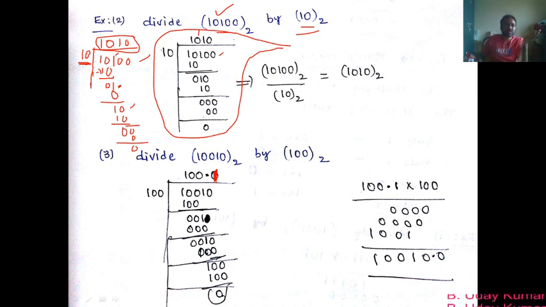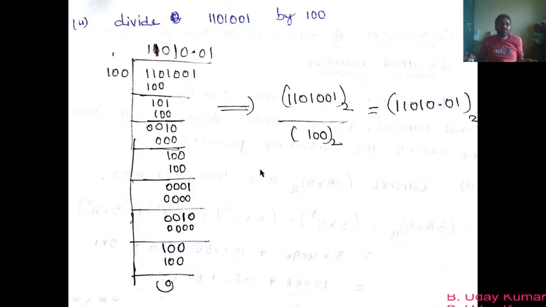I hope it is clear. So this is how we divide one binary number with the other. So this is our next example. You try to do it on your own. It's not difficult, so please check it out. It's not at all difficult. You have to do it slowly. And once you get sufficient confidence, you can do the direct steps. Otherwise, slowly try to find the answer while dividing one binary number with another. Anyway, this is another example. You can check this also.